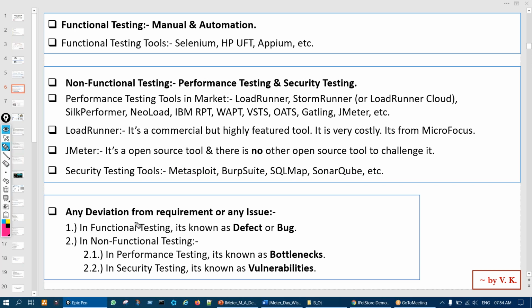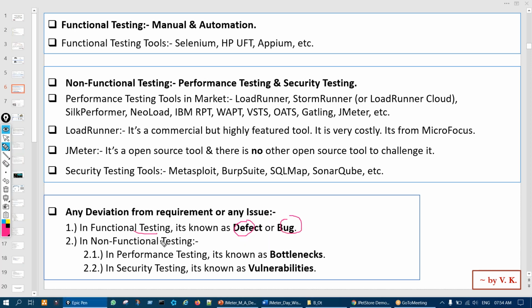Now, two keywords in performance and security. In functional testing, if we find any issue or any deviation from the requirement while we test, we call it a defect or bug.